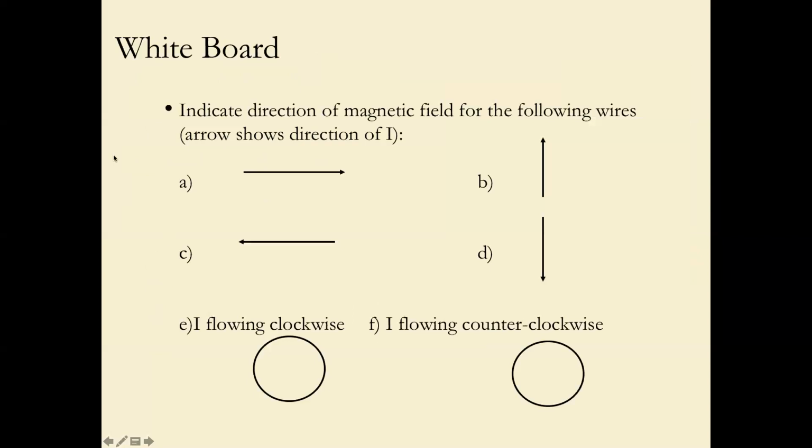And here, indicate the direction of the magnetic field for the following wires. The arrow shows the direction of current. For A,